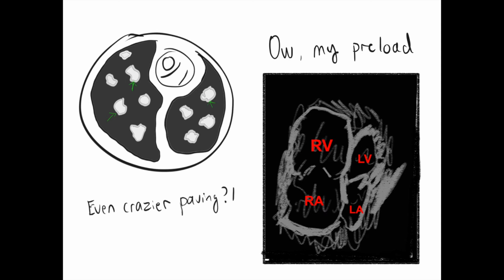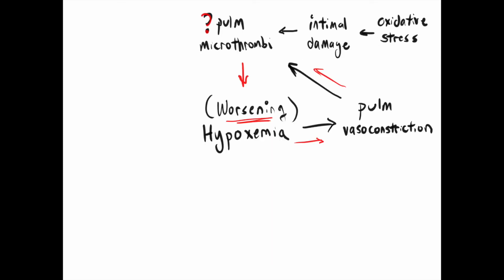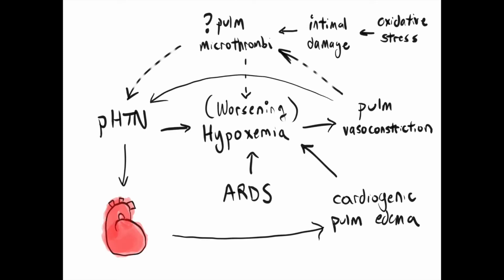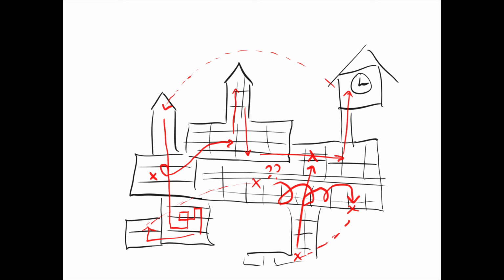But, if present, this would imply rapid development of a VQ mismatch that worsens hypoxia. And hey, regardless of the clot question, vasoconstriction leads to high pulmonary pressures, and that's not helping either. Let's not forget that the actual ARDS is still happening, leading to shunt physiology and high right-sided filling pressures. On no planet do I actually think right-sided filling pressures are causing a majority of the cardiac problems. But it's definitely not helping, and more importantly, it's a good segue into oddball things happening in the heart. But do you see what I'm saying about these loops being like a Rube Goldberg video game?